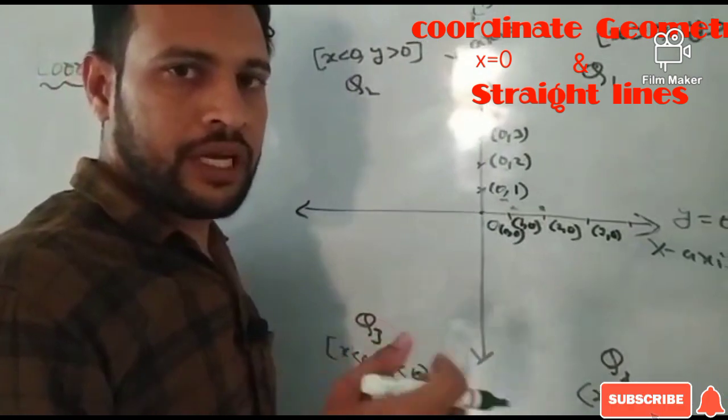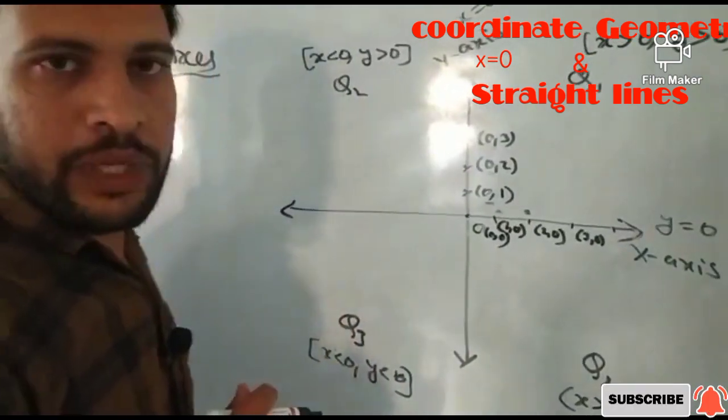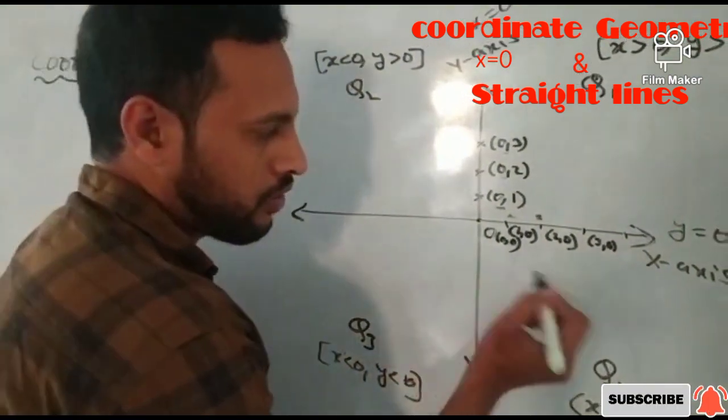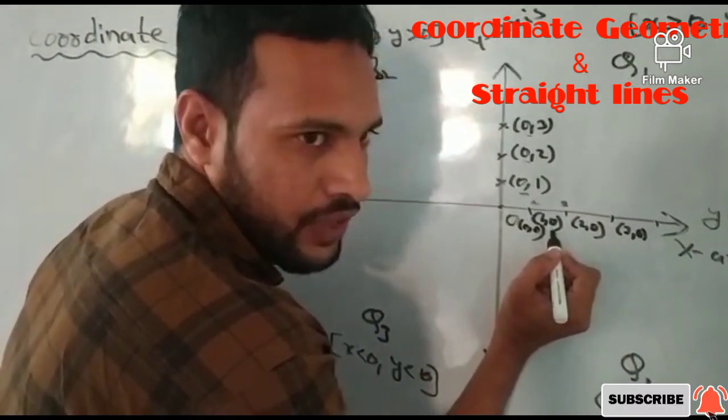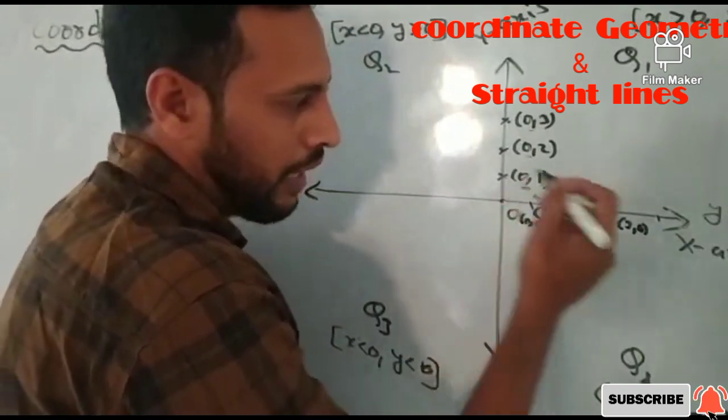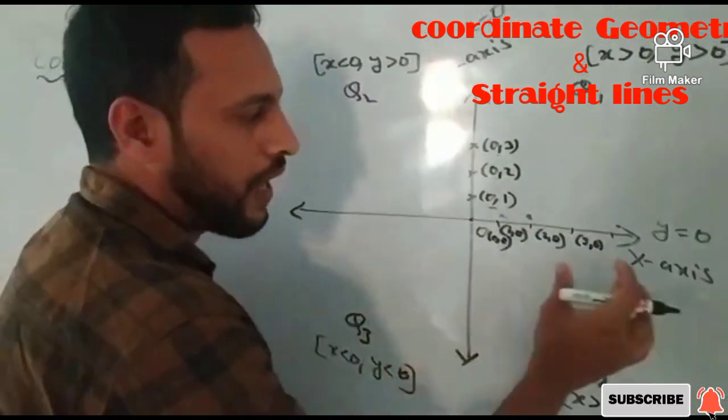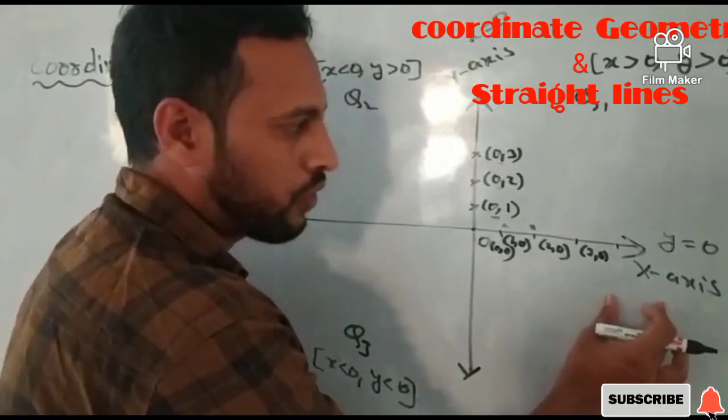If you know 2 points on the line, you can find the slope by using (y2 minus y1) by (x2 minus x1). So m is equal to y2, so 0 minus 0, that is 0, by 2 minus 1, 0 by something, 0. In that way also you will get the value as m is equal to 0 only.